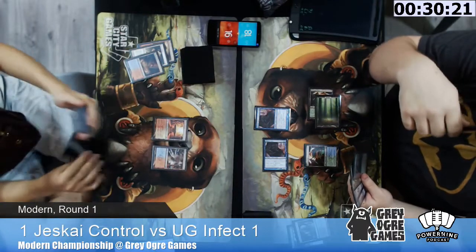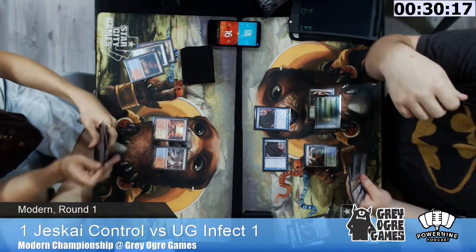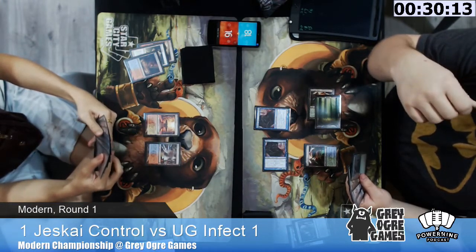That would be annoying. So yeah, Wilson is picking up the pace of his play very quickly after seeing the second Blighted Agent. I'm guessing he has some kind of